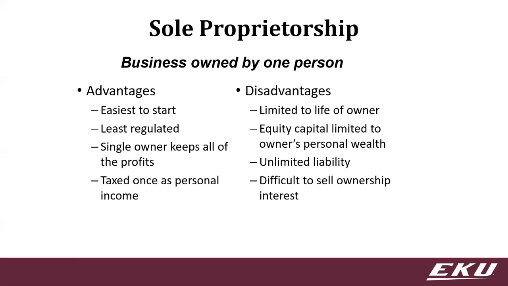So to start with a sole proprietorship, listing the advantages and disadvantages, really the biggest thing here is just that it's so easy to start. This is your default when you start doing some sort of business on the side. It is going to be a sole proprietorship. The problem, though, is you can't just sell this. You have unlimited liability, so anything would come back on you personally, and you can be sued. So it has some obvious disadvantages.